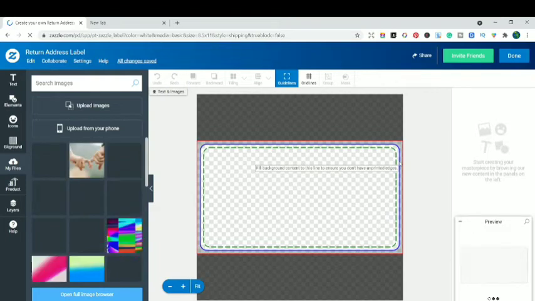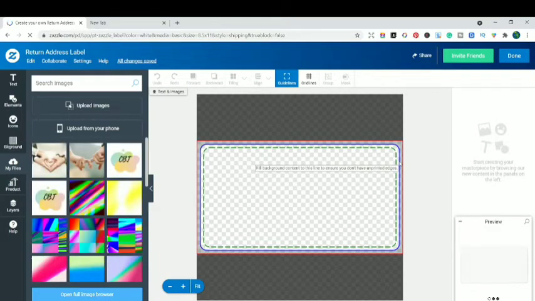Okay, so here we are, guys. Now I'm going to upload one of my designs from my computer, from my laptop, and I'm going to show you that if I'm just uploading the design and placing it on this label, it won't be used as a template. It's just a normal design, that's all. So I'm just going to upload an image from my laptop and show you.